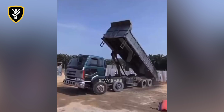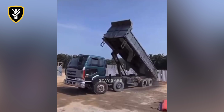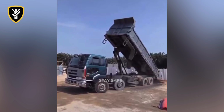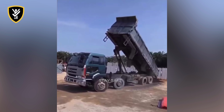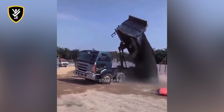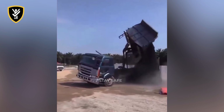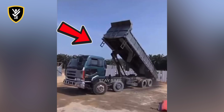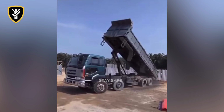On a flat industrial site, a dump truck raises its hydraulic bed to unload dirt as the elevated steel carriage begins shifting off balance. A dump truck can lose stability even when the ground appears level. As the bed rises, the load moves higher and the truck's center of weight becomes easier to disturb. Uneven soil, shifting dirt, soft ground, tire pressure differences, or material stuck in the bed can pull the raised structure